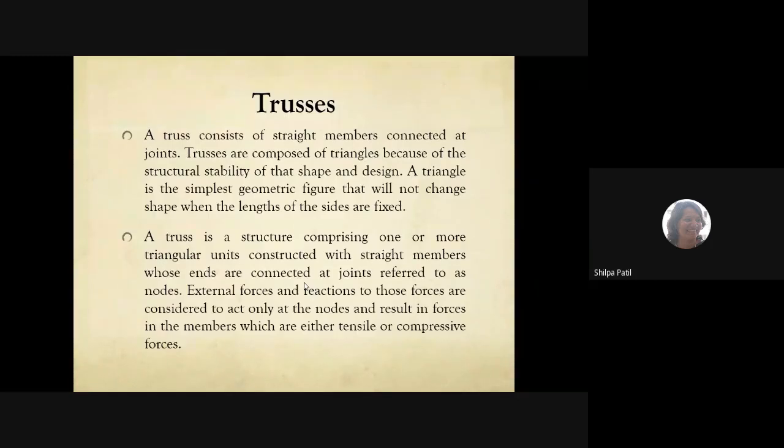Am I right? Hinge support or hinge joint is a joint where the joint cannot move in vertical direction or cannot move in horizontal direction, or in other terms it cannot move at all in any direction. Okay, but it can rotate. So what are the restrictions at that joint? It gives one reaction in a certain direction. If you resolve the same reaction in vertical and horizontal components, we term it as two reactions. One is horizontal and one is vertical. Because the reaction we are resolving in an orthogonal system.